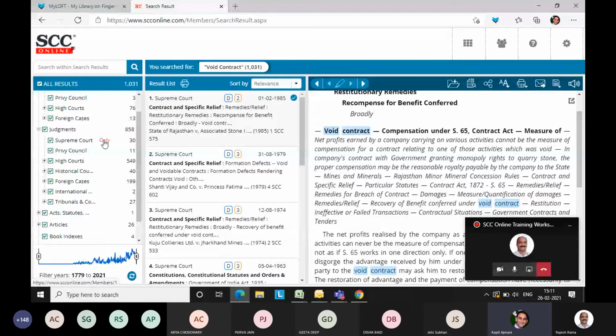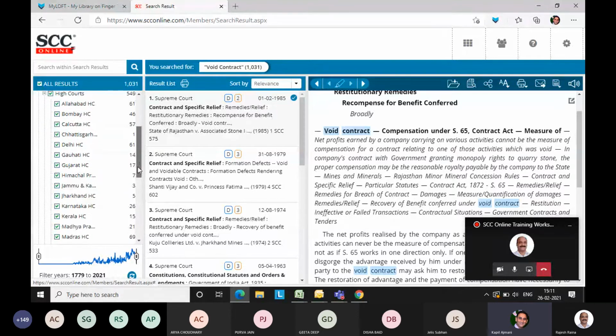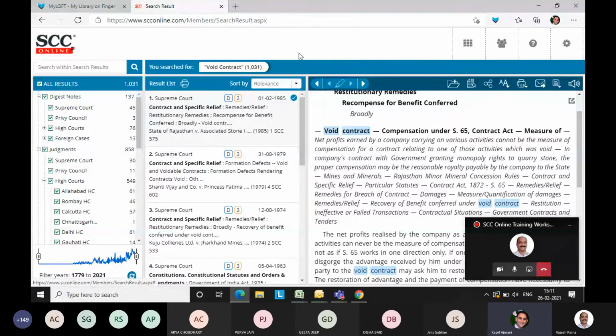You may be referring to the Supreme Court only, or Privy Council, High Court, etc. For High Courts there is a further expanding option, and the state-wise High Courts are available. Depending upon your requirement, you can choose and start searching over it.